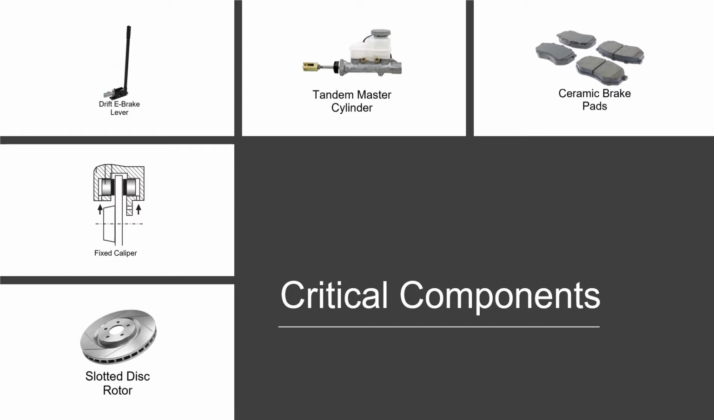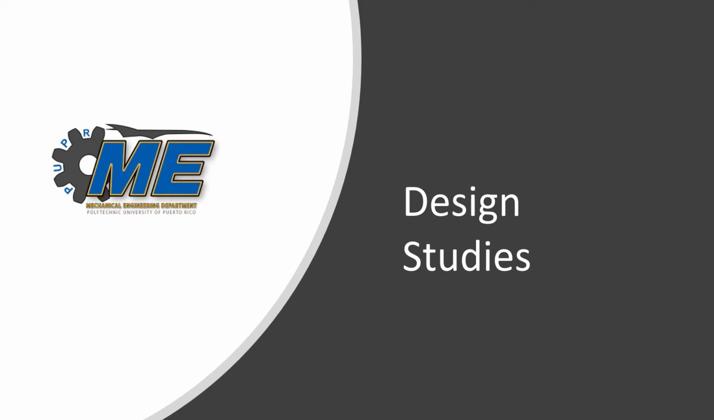The critical components, as mentioned in phase B, are a slotted disc rotor, a fixed caliper, a drift e-brake lever, a tandem master cylinder, ceramic pads, and also hydraulic lines. For the design study,